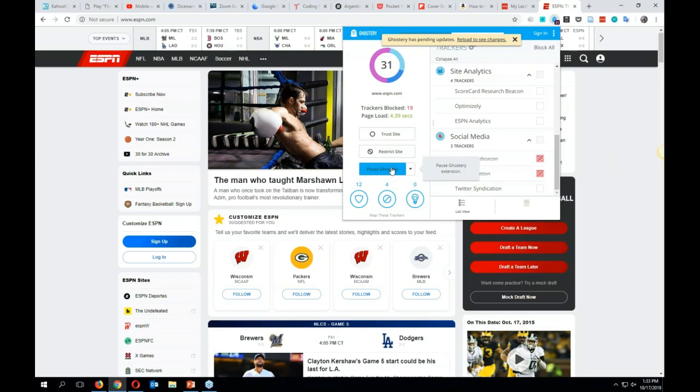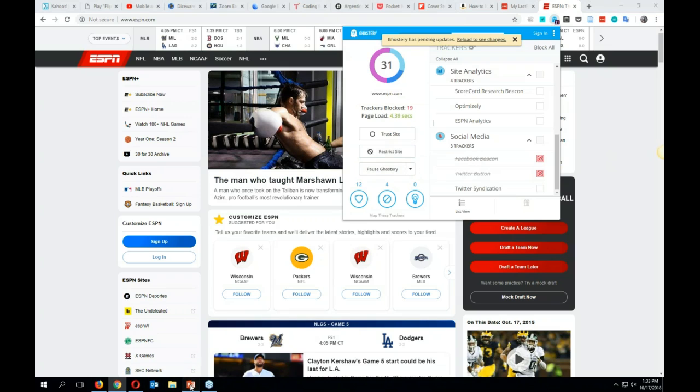Ghostery is a free extension, not app, I apologize, that's available for Chrome or for Firefox. It is open source, which is great because it's a tracker in and of itself a little bit, but since it's open source, we can see what it's doing. It's not selling any information, it's not selling what it's blocking. It's entirely open source, so everyone knows what is going on behind the scenes with Ghostery. Really nice, effective tool for tracking who is tracking you.